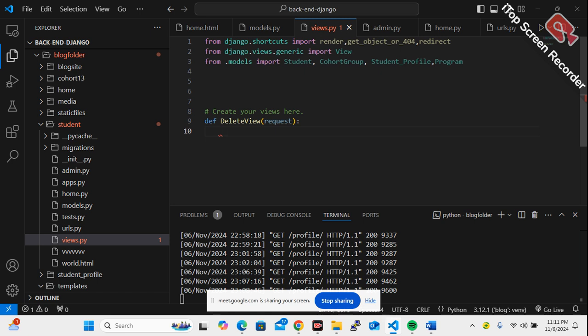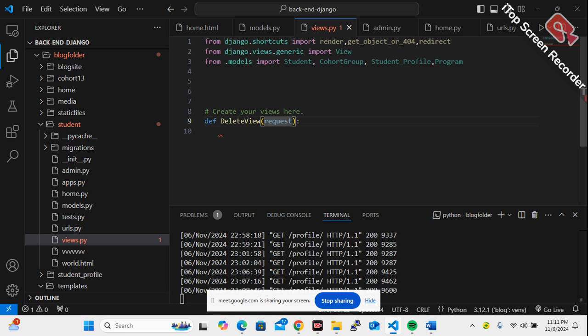Then we have to know the ID of the specific thing we want to delete. So not only request will be our argument. We can make use of a unique field out of our model, which I believe ID is the best here. So request, comma,